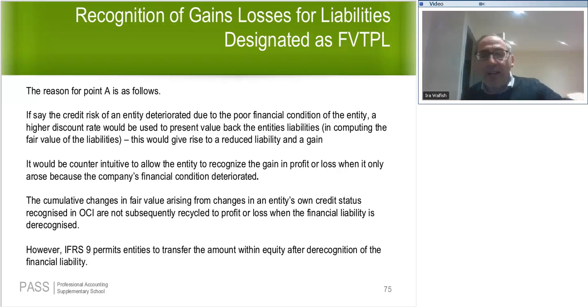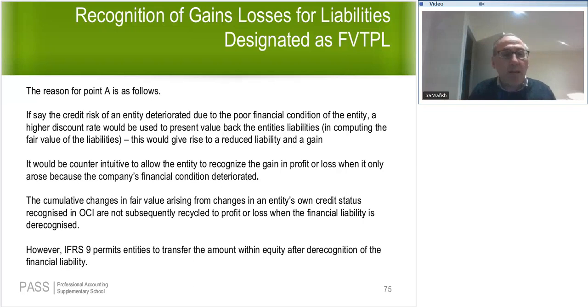The cumulative changes in fair value arising from changes in the entity's own credit status. So if their own credit status worsens and therefore the value of the bond goes down, that change in value gets recognized in OCI rather than the P&L, and it never gets recycled into the income statement. As we said earlier when we talked about situations where we don't recycle, we